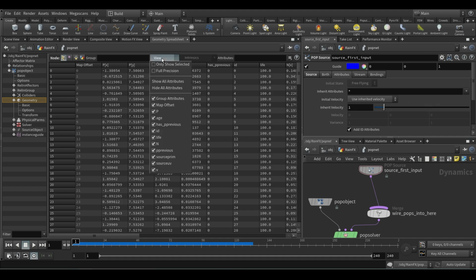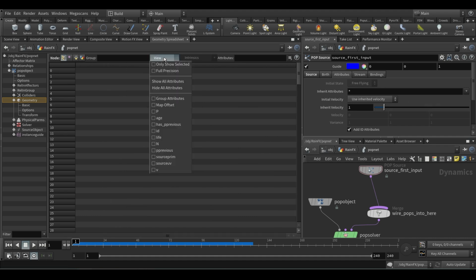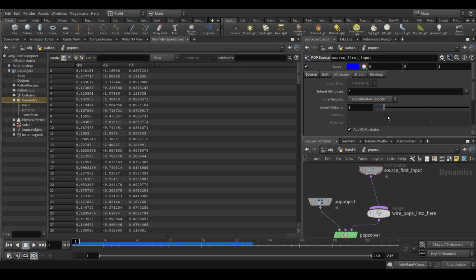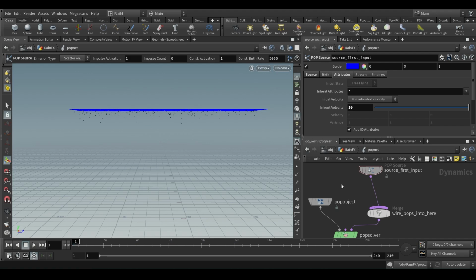So I want to see my velocity. Okay, hide all and keep only the velocity. If I give 10, then you're going to see here it's going to be 1.4 or something. So see, 1.4. Basically it is multiplying whatever the velocity we have here, meaning in the geo level. So you can get a speed from there, inherit velocity, but that depends on yours.